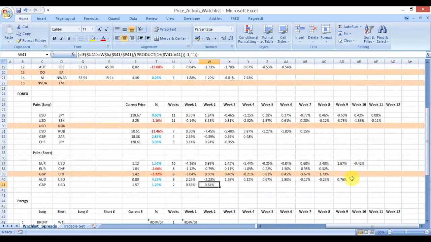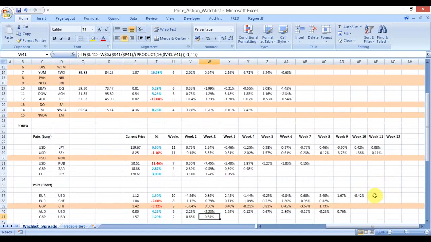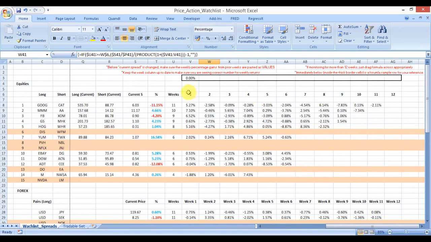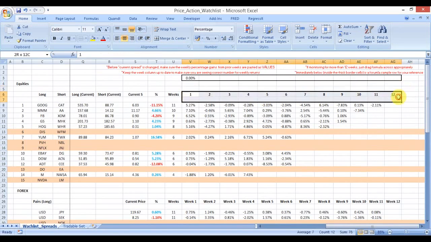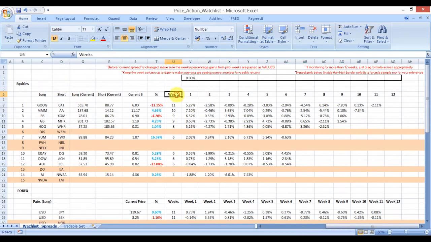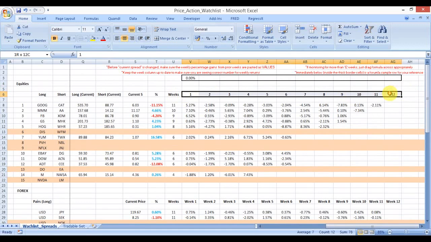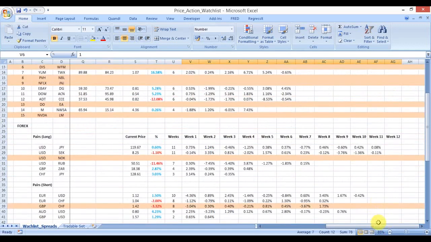The third and final process that we're going to look at here is extending your watch list beyond 12 weeks. So what these formulas do is actually reference this row here, so row 6, it's actually in the equities part of the spreadsheet, and it's just got the week numbers 1 to 12 there. So what we can do is, say if we're updating